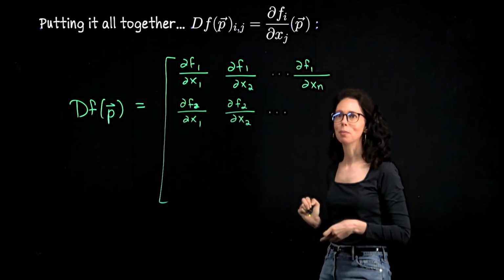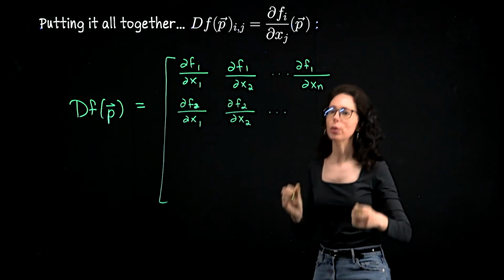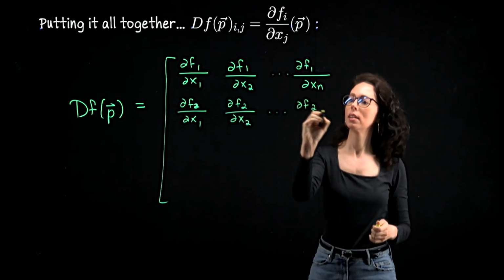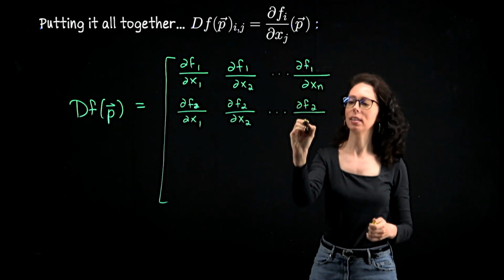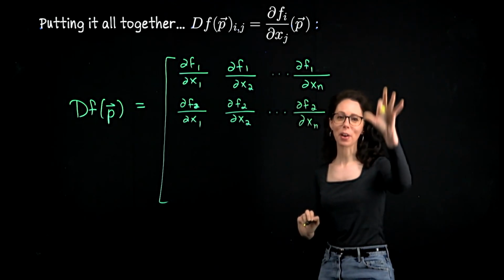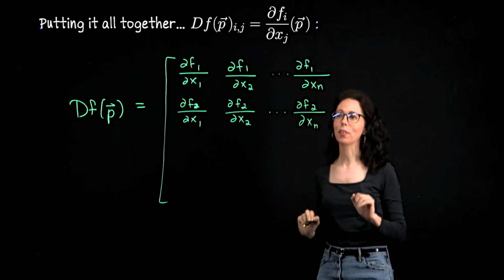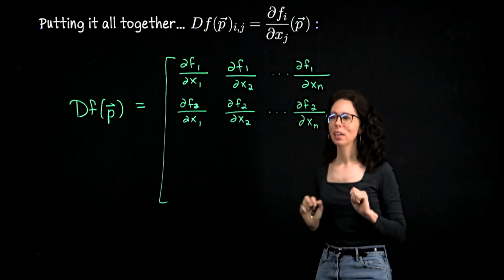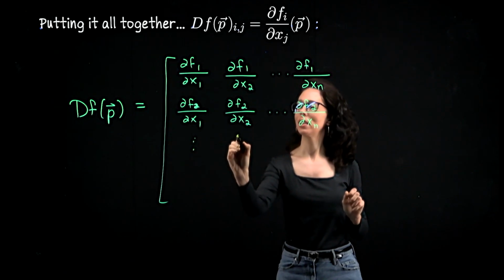There, that's better. All right, df2/dxn. I have a better way to think about it in just a moment so that you don't have to do all of these little subscripts. Okay, then we continue down like this